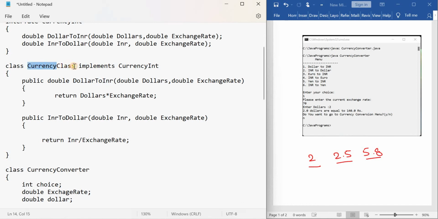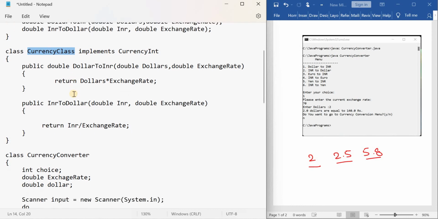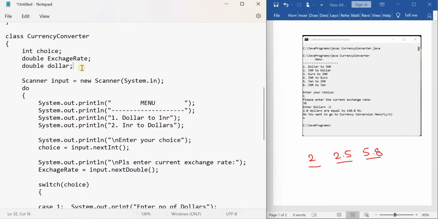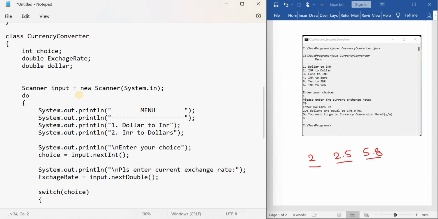So we have to create an object for this class first of all, and through that object call this method. So inside this main class, create the object. So CurrencyClass cc is equal to new CurrencyClass.